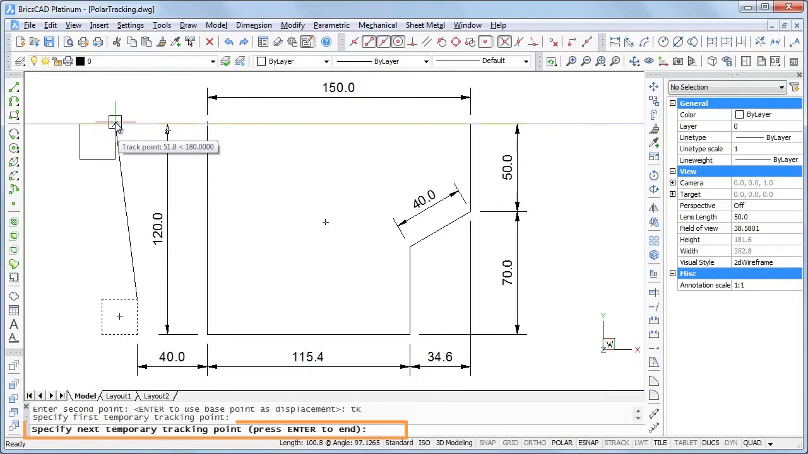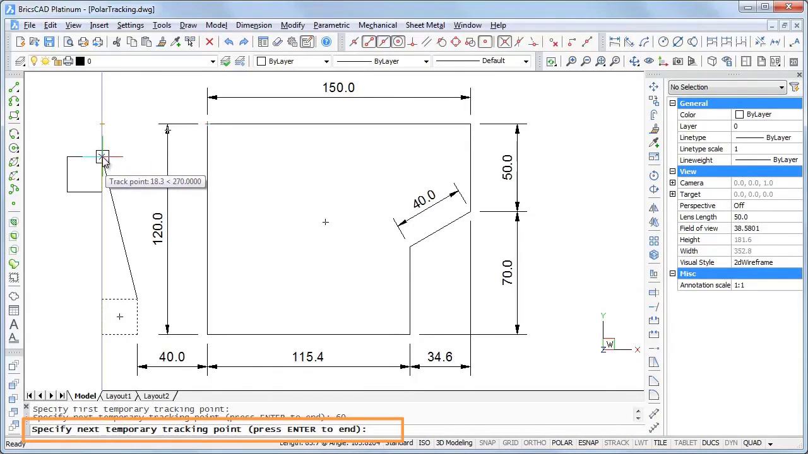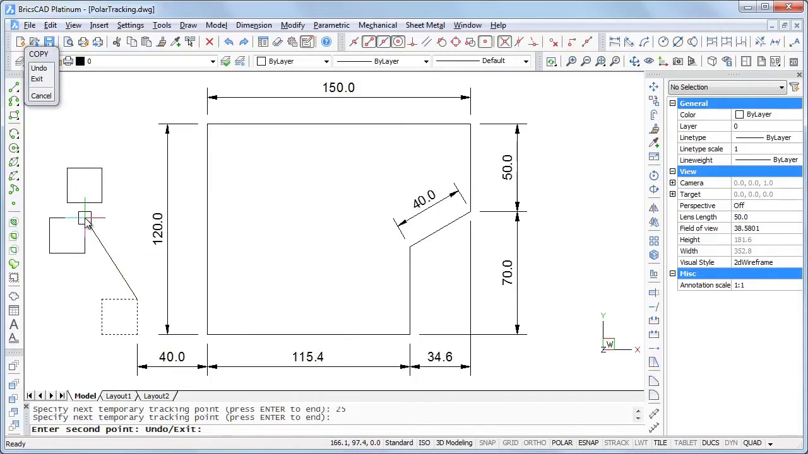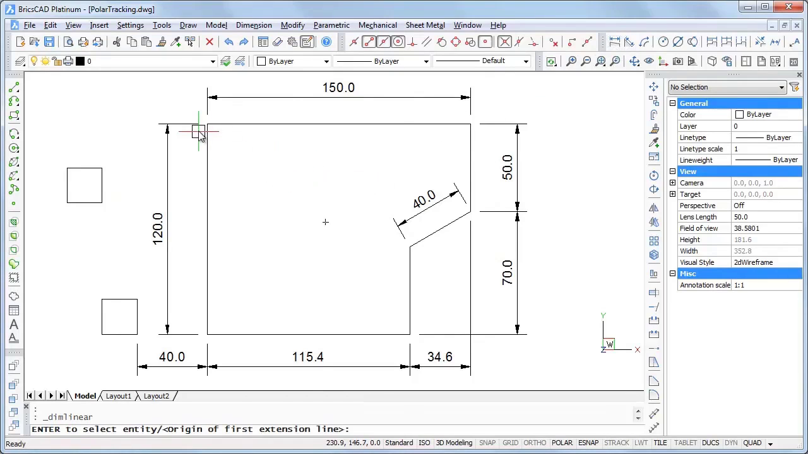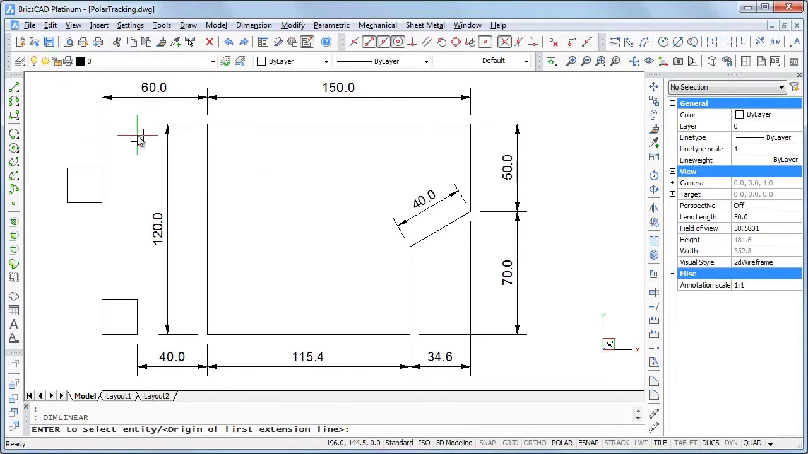Type 60 when the horizontal tracking path displays. A small red cross indicates the temporary tracking point. Then down when the tracking path displays. Type 25 and enter, and press enter again to accept the current location. And add dimension lines to check